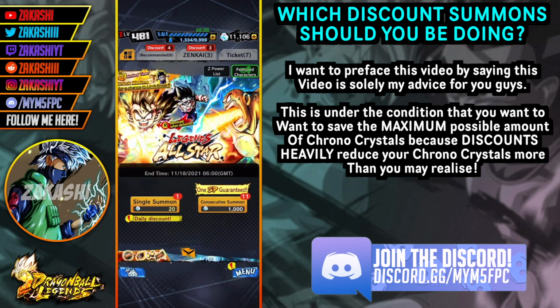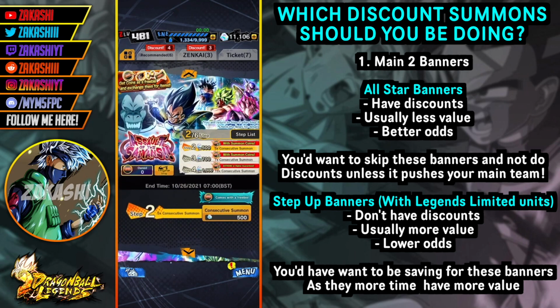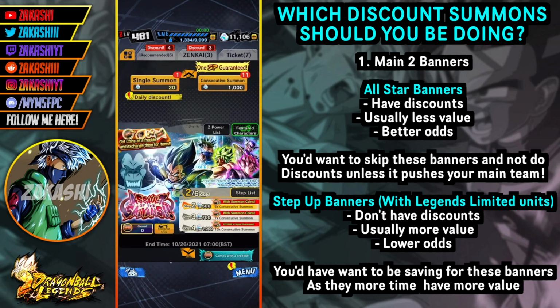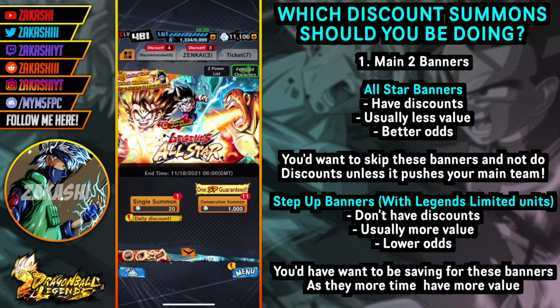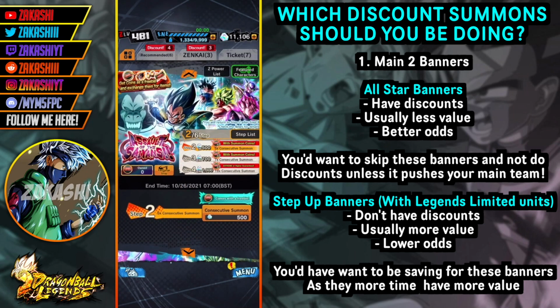But yeah, let's actually get into the advice that I've got to give you for this video. So the main two banners that you'd obviously see in the game are regular banners. So you'd see these all-star banners, which is what they do nowadays. It might change in the future, but at the moment they do all-star banners, and then they do the LF banners. There might be dual LF banners, but let's just assume they do regular LF banners, which actually have the steps, and then they'd obviously have the all-star banners. The LF banners do not have discounts. The all-star banners do have discounts, but spending on the all-star banner would actually make you lose CC for the